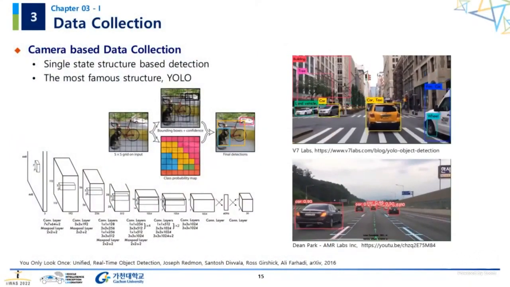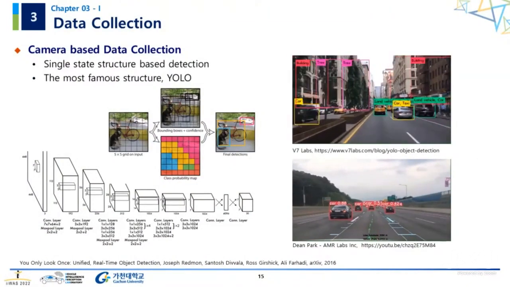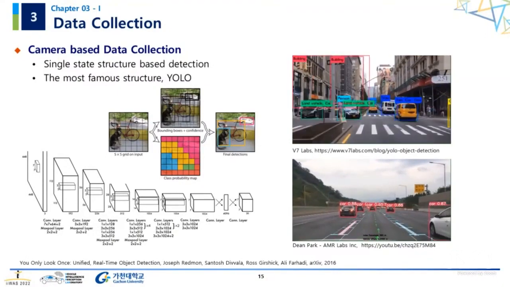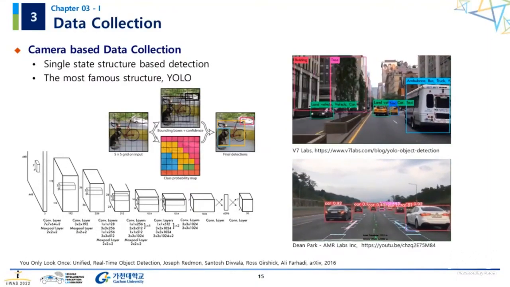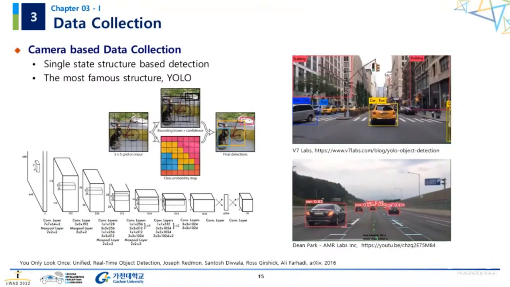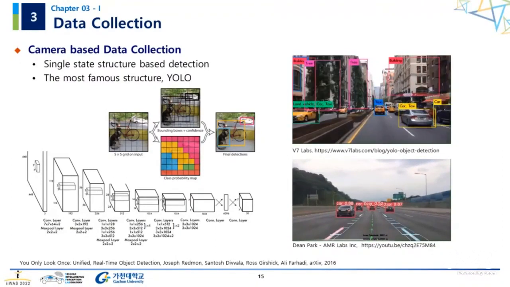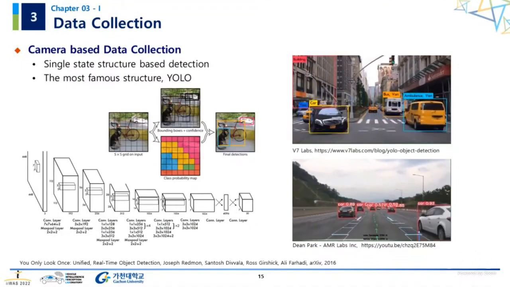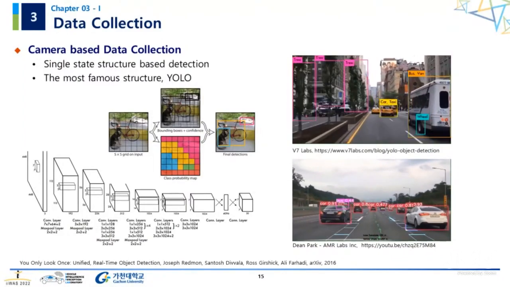The first way to collect data is using binocular cameras. In the classic approach, it needs two steps. The first step is region proposal. The region proposal network picks up the regions where objects are likely to be located in the images, such as ROI, region of interest. And then the selected ROIs are classified into classes by classification networks, and the bounding box is drawn. This two-step algorithm provides high accuracy, but has the disadvantage of being very slow.